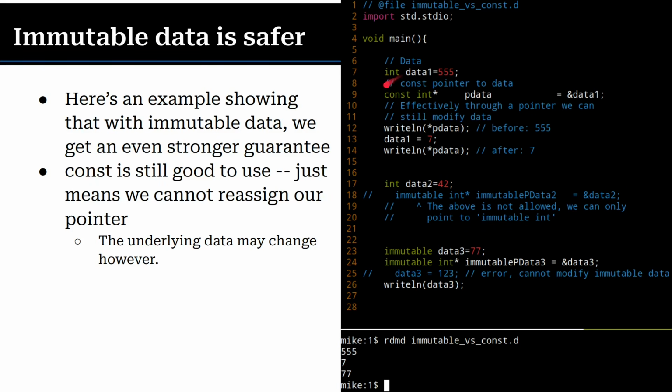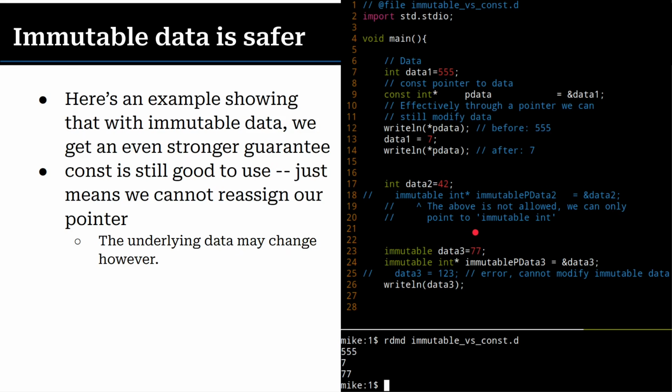So, let me draw your attention to like line number 9 here. If I have something that's a const pointer to some data, right? So I'm pointing to some data, and then the thing that it points to is what's const, right? It'll always point to data 1 here, but I can change data 1. So, is this thing really immutable? No. I mean, what it points to is constant, okay? But I can change the underlying data.